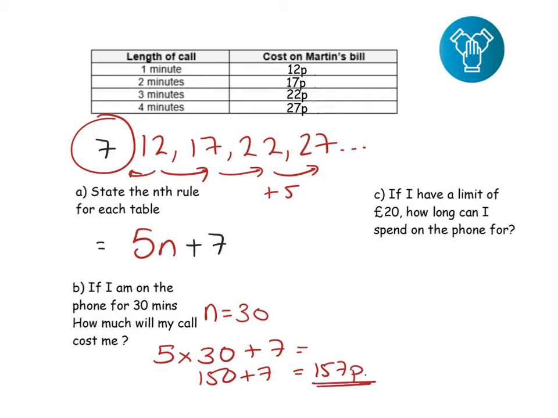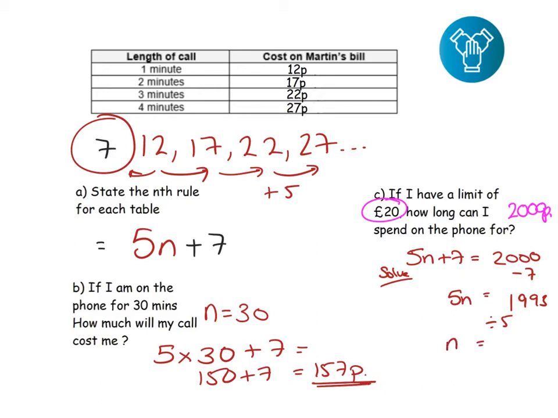Now part C is slightly different because I want to know how long I can spend on the phone. It's going to take me a long time for this phone call to be £20. So first of all I have to think that £20 is going to be the same as 2,000 pence. So my formula that I'm going to have to solve is 5n plus 7, and that is equal to 2,000. So we're going to solve that. So I'm going to minus the 7, so it's going to give me 1,993, and that's equal to 5n. We're going to divide it by 5, so that's going to give me